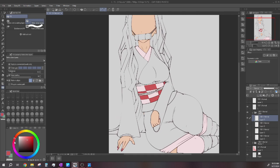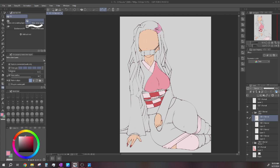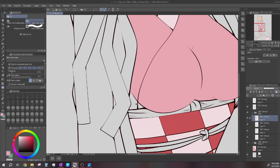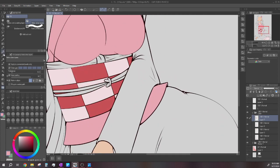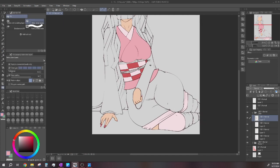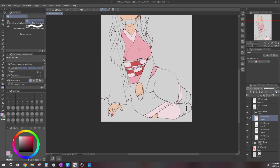let's just do her main kimono here. So we'll pick a, looks like it's a little bit lighter color pink. A little less saturated, I bet. It's a little dark. Yeah, something like that. And we can make it pop more with our rendering. So we'll just get this main top part here, because it's separated, it looks like. So we'll do that, and we can